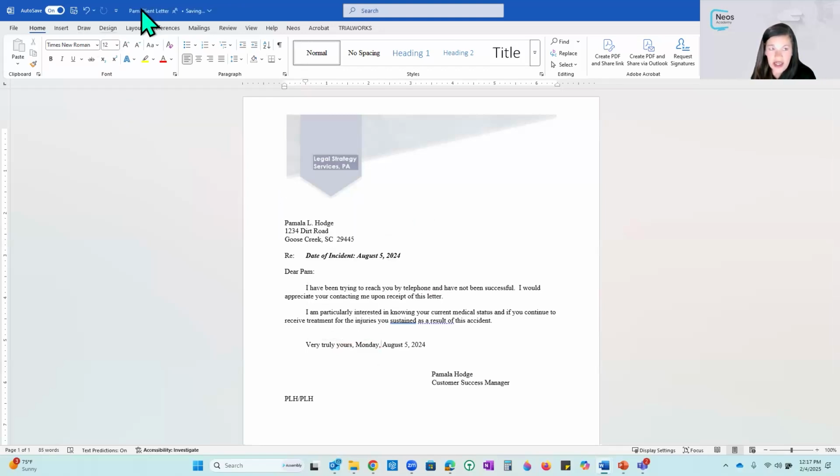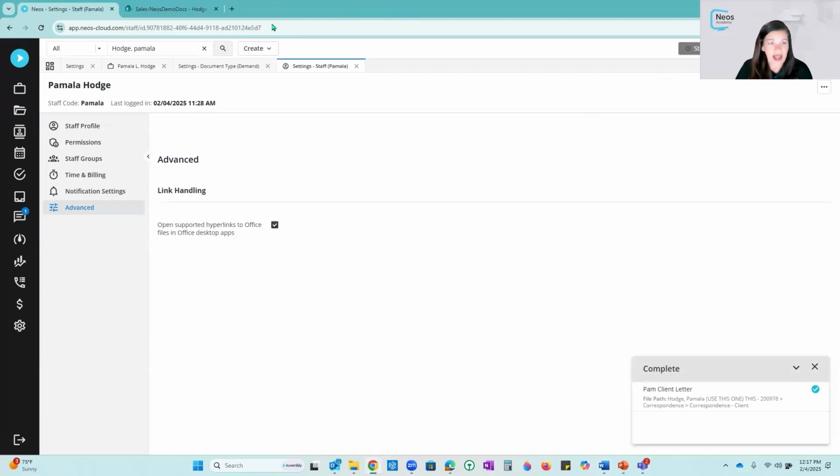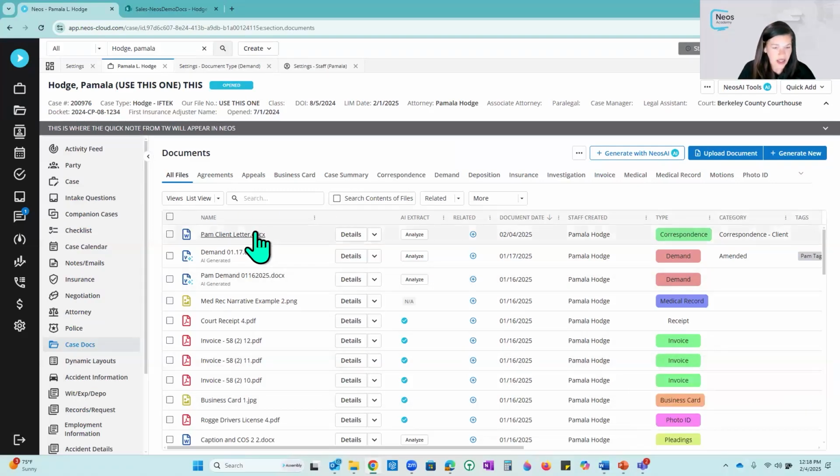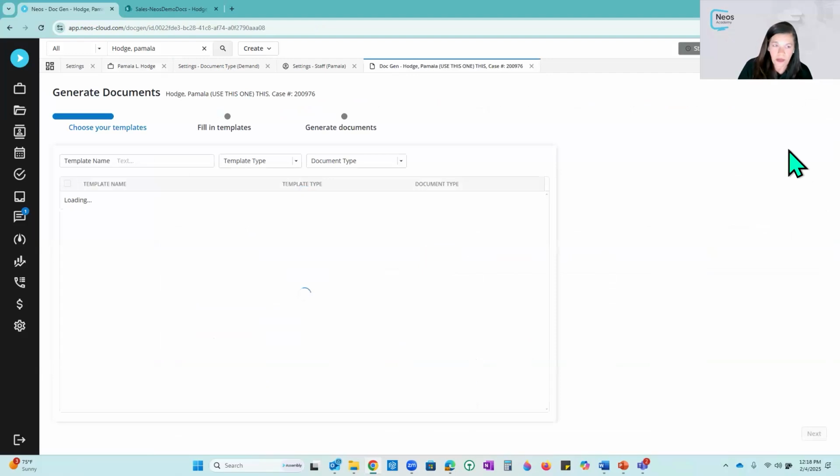You make any changes and it's going to automatically save. So as soon as I made that change, it's saying it's saving it. Okay. Once I close this, it's going to take me directly back to my case. I see my document here is completed, and the document that I just created was saved right here to my case. Now, we're going to go do that again because I always like to show people when you're generating new